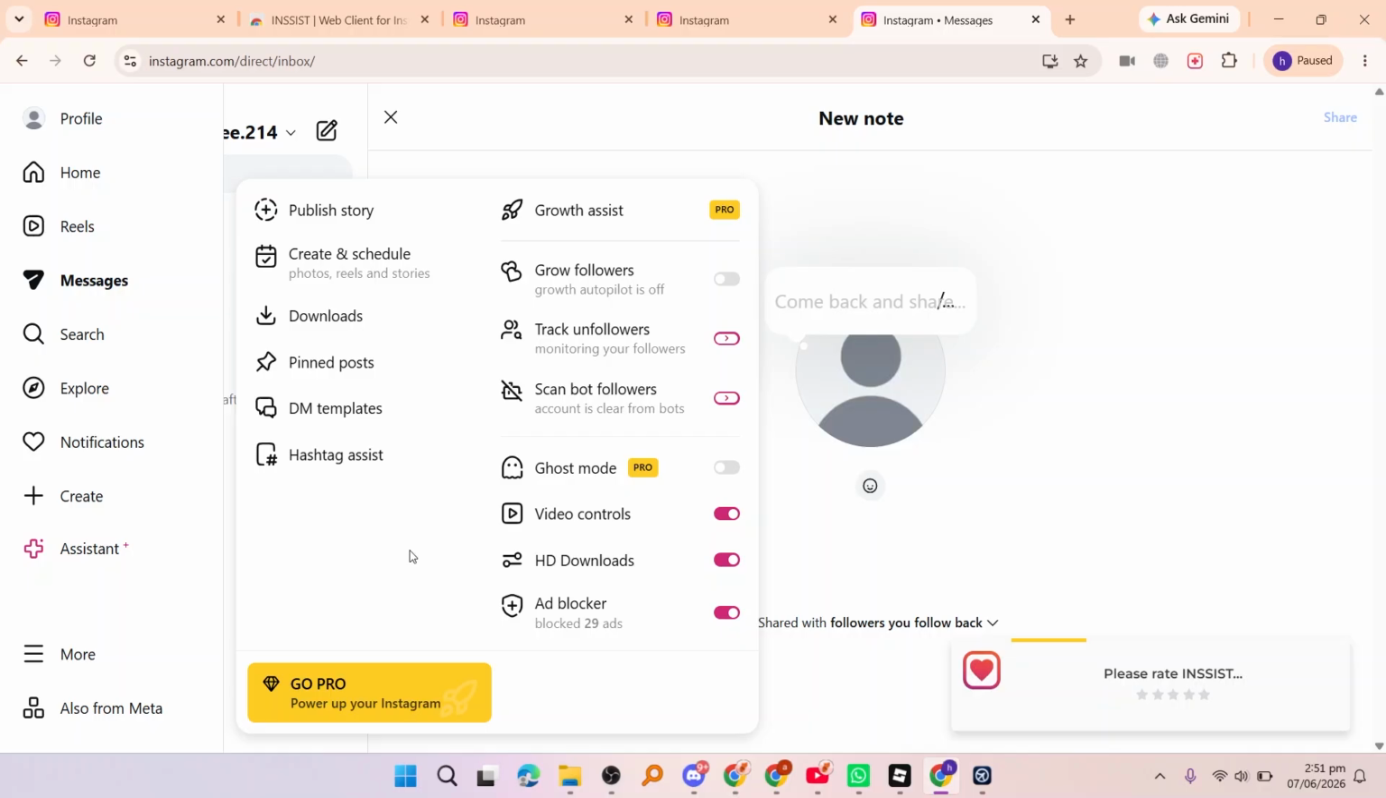Keep in mind that available features can change over time, and some options may depend on the current version of